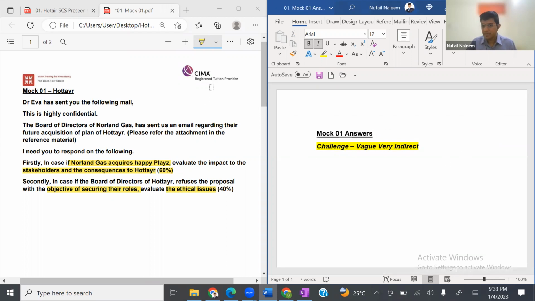But in this case, it's very indirect, students. You need to work and understand what they want. So the best strategy you can do is read the requirement, and from the requirement, please try to take out the data. Now, in case Nolan Gas acquires Happy Place, evaluate the impact to stakeholders and the consequences